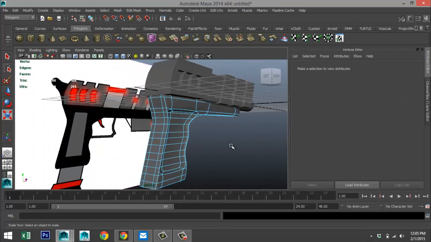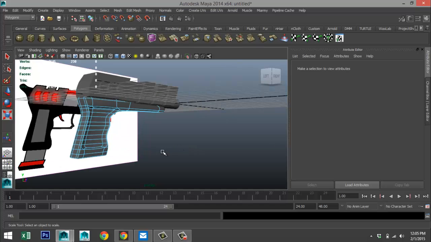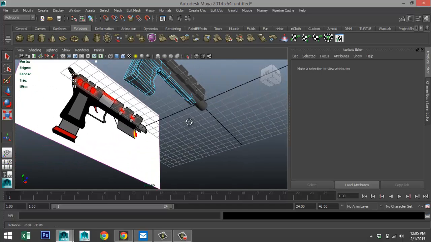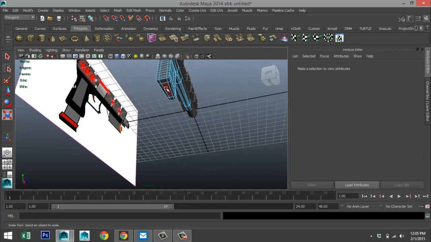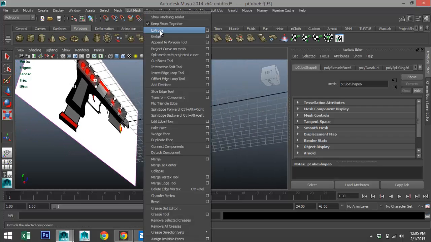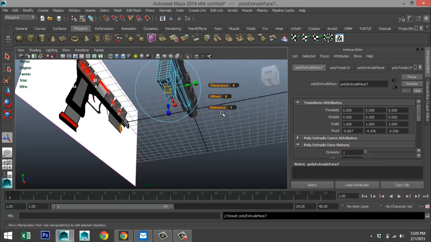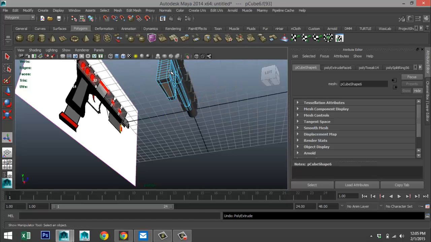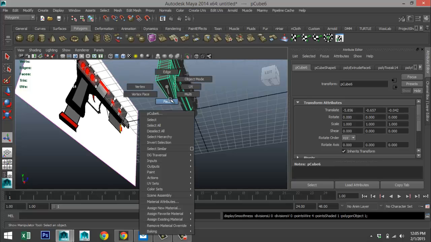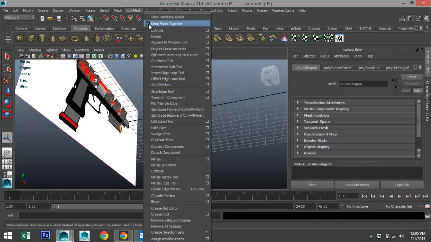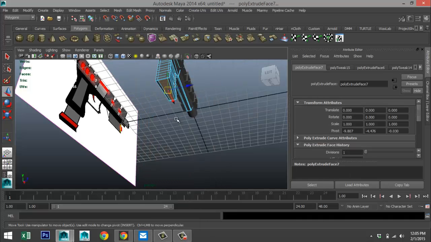All right. Okay. Cool. Now we have this bottom section here. For that, we'll take that face, edit mesh, extrude. Actually, before we do that, object mode, hit 1 on our keyboard, right click face, edit mesh, extrude, hit W and pull that down.